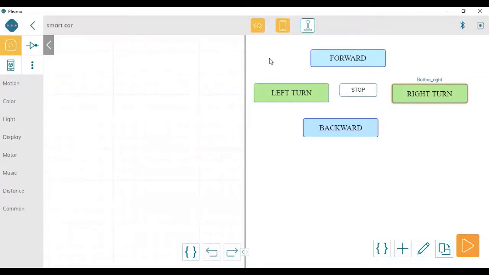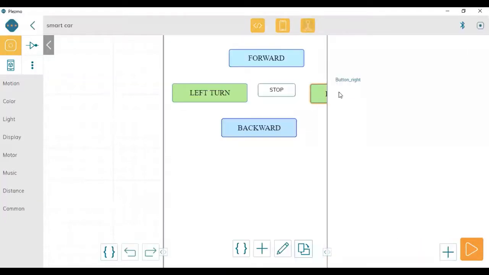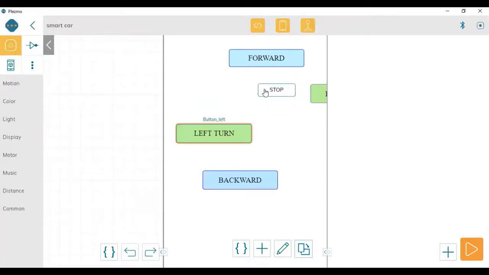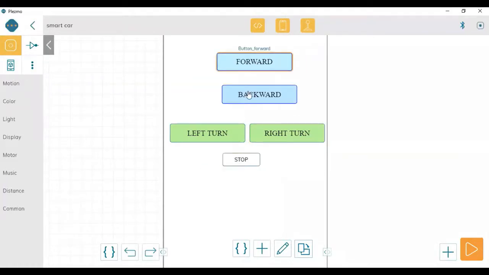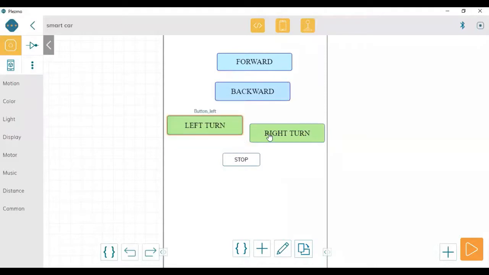Okay. Now we will go to simulator. Now in simulator, if you want to change the placement, because we cannot see all together, so let us take like this. So you can change the placements as per your liking.